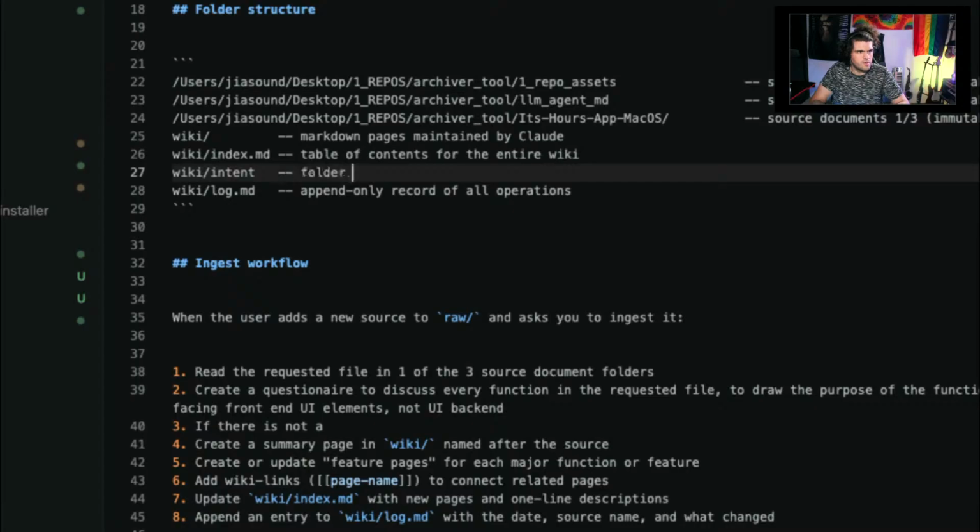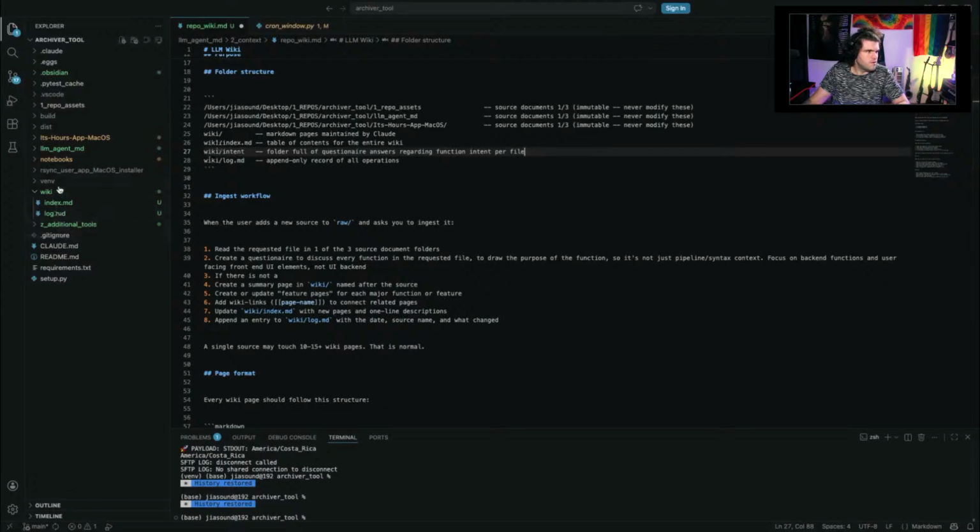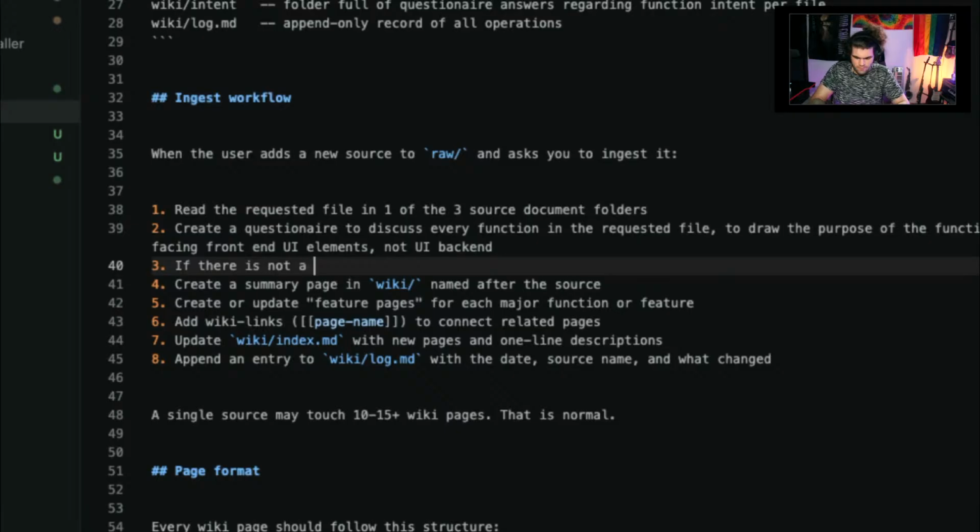Folder full of questionnaire answers regarding function intent per file. We'll make a new folder called intent. If there is not a file named intent.md file,